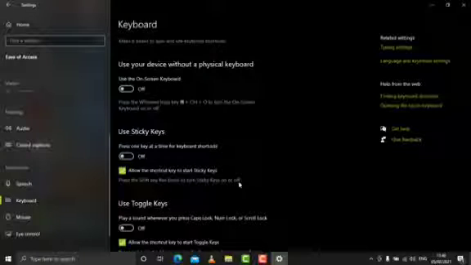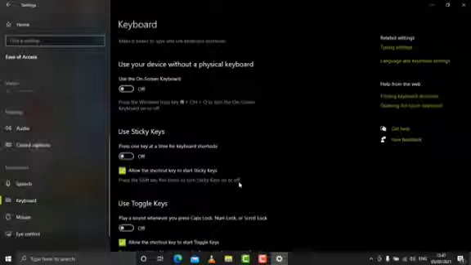Say, for example, the person wants to press Control A and cannot press both keys with their hand. He will switch on sticky keys, press Control one time, the Control remains on, and when he presses the other key, either A or any other key, only then will that key turn off. Now the Control A action will be completed. So he can use sticky keys.